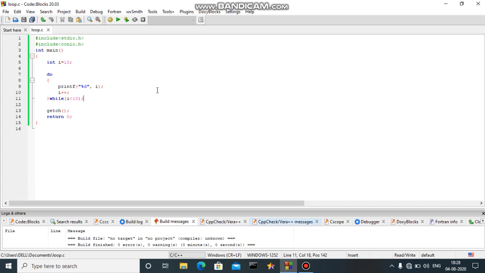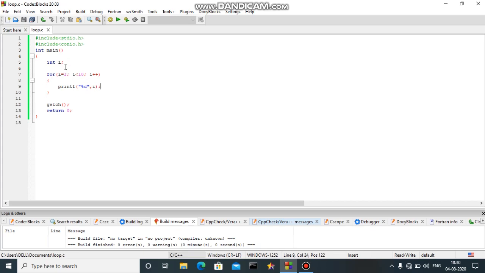These were the two simplest loops in C programming. Means there are overall 3 loops in C programming. First is while loop, second is do while loop, and third is for loop. For loop I have used many times in the previous programs. I will show you guys again what for loop is. If you haven't watched the previous video, this video will help you. So let's see what for loop is.